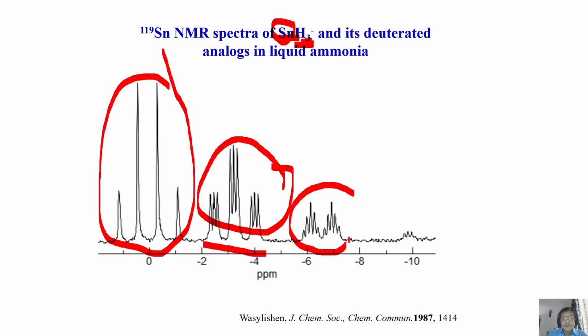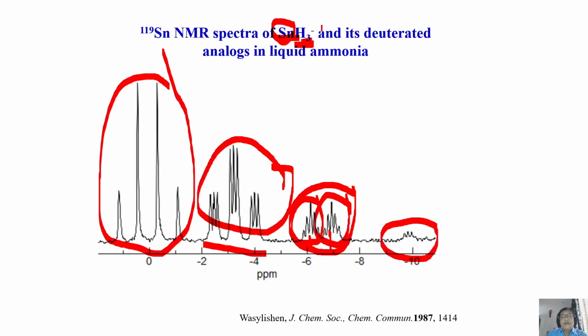Then next is this one. What is this? This possibility is SnHD2. When one proton is there, it's like a CH proton. Carbon is split into a doublet by a proton, right? Similarly, tin is going to be split into a doublet here by this one proton. But there are two deuteriums, two of the protons are replaced by deuterium. That will split each line of the doublet into a five-line pattern, whose intensity we also worked out very recently, right? 1, 2, 3, 2, 1. We got it.